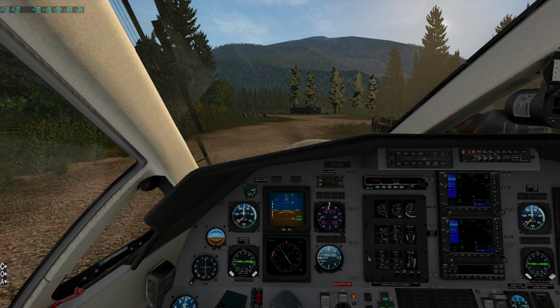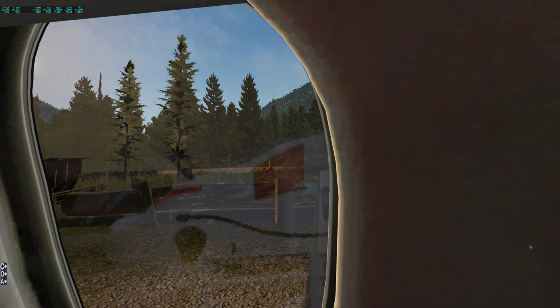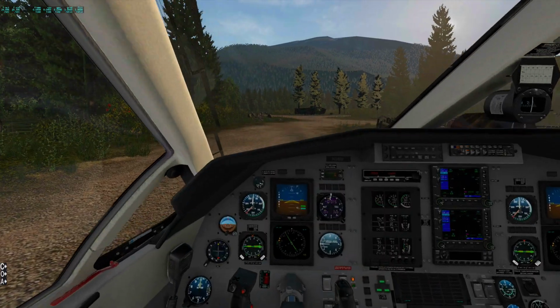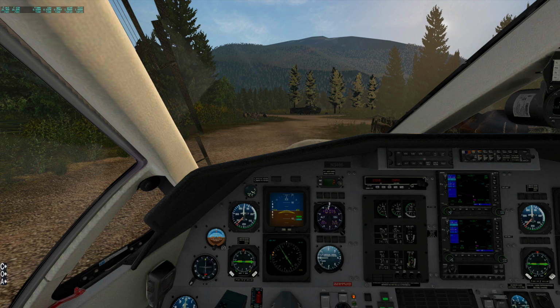And we're set. This is a very easy plane to get started and get rolling. So I'll put in a notch of flaps. There we go. And we'll taxi on over to our strip